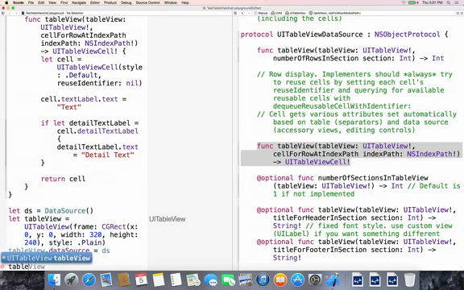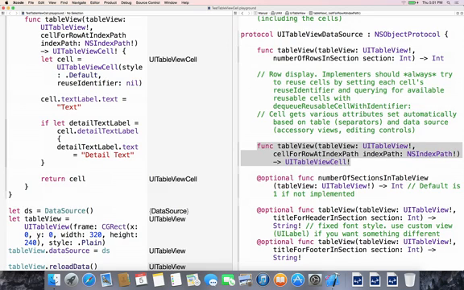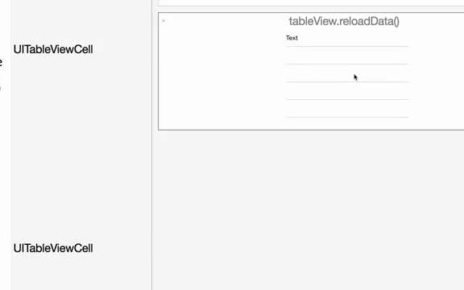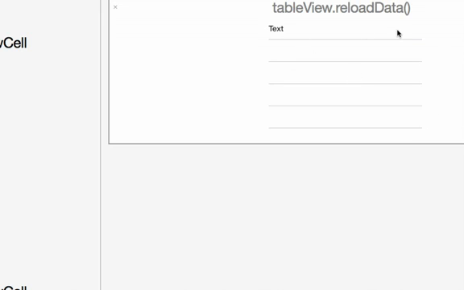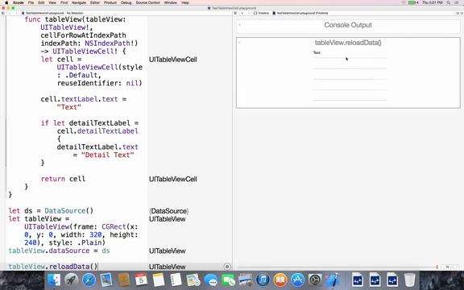And then we will tell the table view to reload data. We'll let that playground execute, and once it's finished executing, we'll be able to see the table view we've created. So I'm going to just go ahead and add this to the timeline. We can see here that we've created our table view. We're seeing the cell that we want with the text that we want. So okay, that gets us up and running, but I actually want to see all of